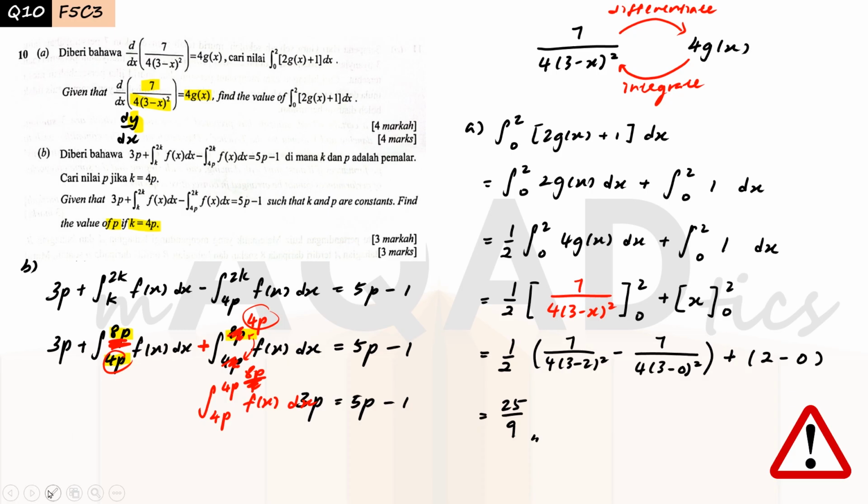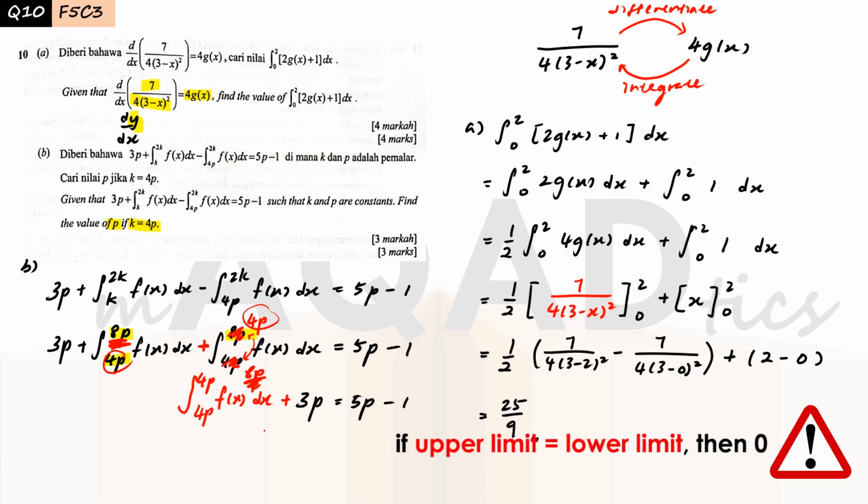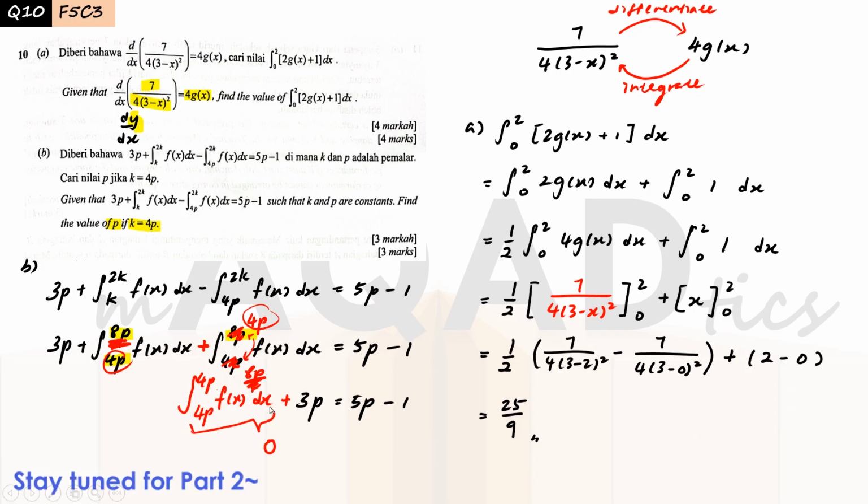Oh, sorry. Alright, something like this. So if you see the integral, upper and lower limit is the same. And we know that if upper and lower limit is the same, the value is 0. So this part will become 0. So we can just ignore it, and simplify this part to get the value of p, which is 1 over